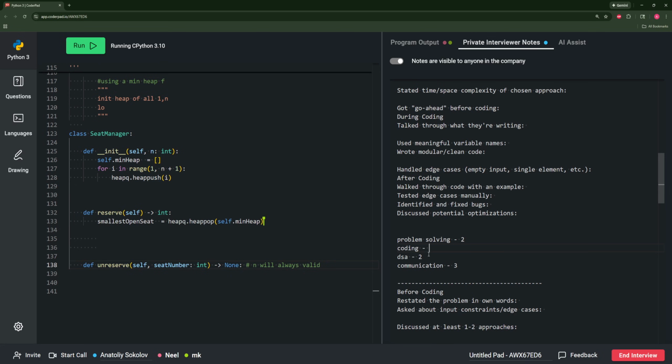And then to get to the unreserved seat, I'm getting the smallest open seat. Let's see. So n is always open. I'm reserving it. So if so many is always